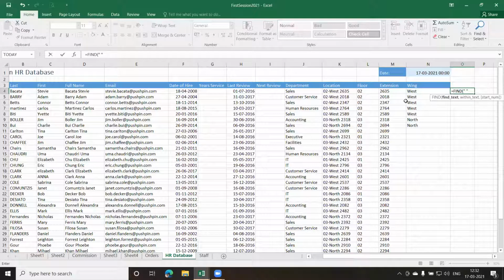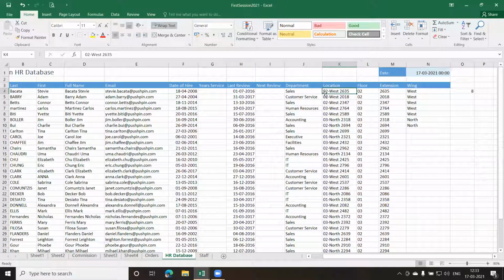I want to search for space in this location. And I close the round bracket and press enter. It gives me 8. Now, what is 8? Let us go here. So 0 is the first index position. So 1, 2, 3, 4, 5, 6, 7, 8. So the 8th character in my string location is a space.